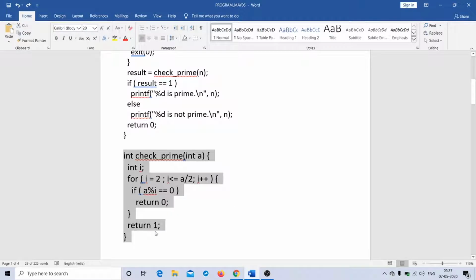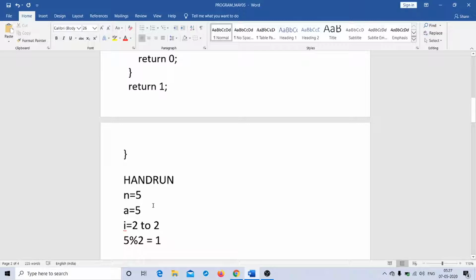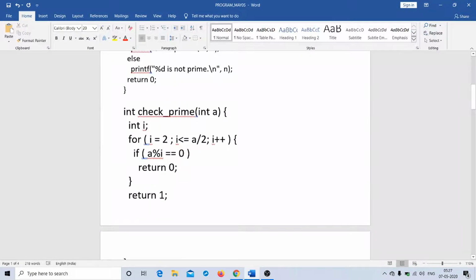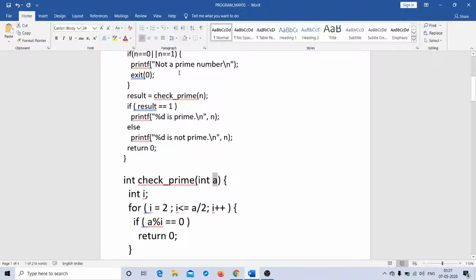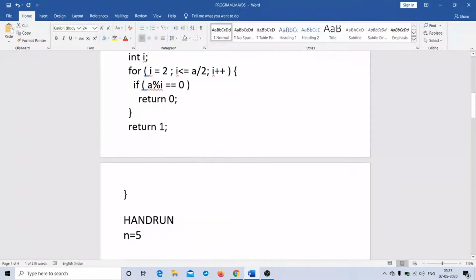Okay, so now let us say I have n is equal to 5, and then this particular variable a will get the value of n, right? Because the first parameter here will come and sit here. So the value of n is a. So I'll get a as also 5.